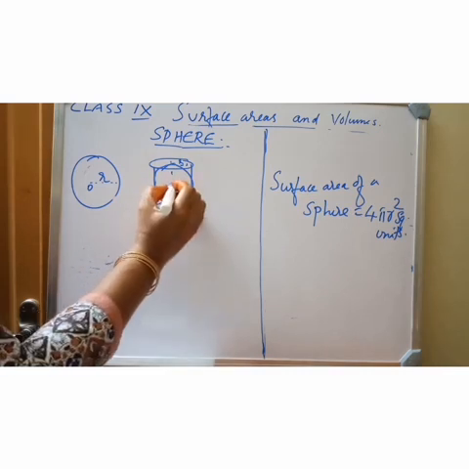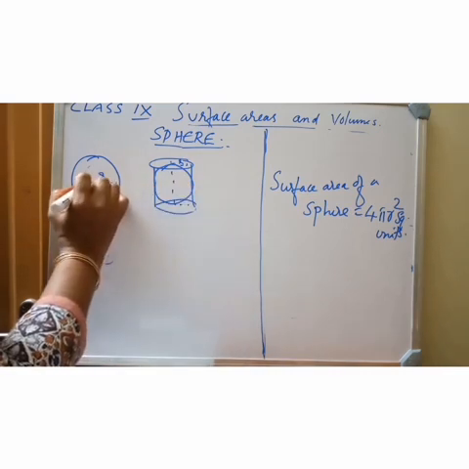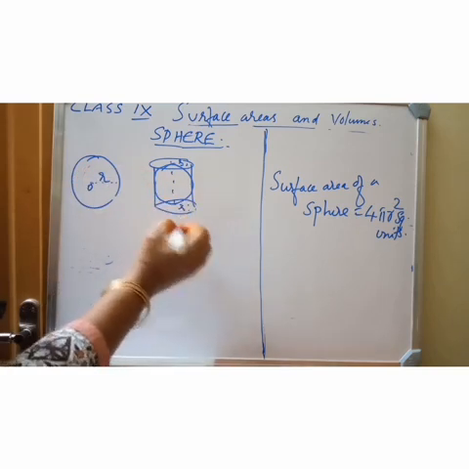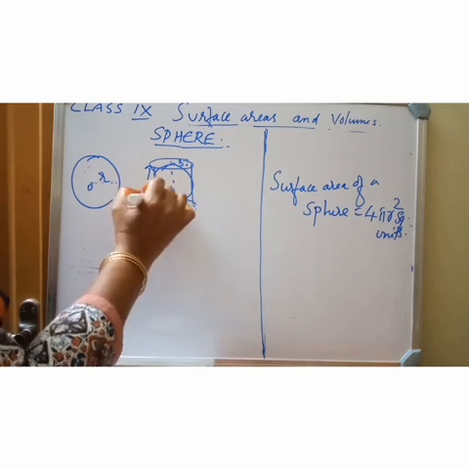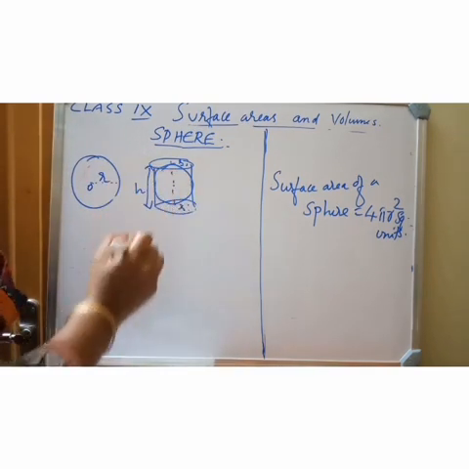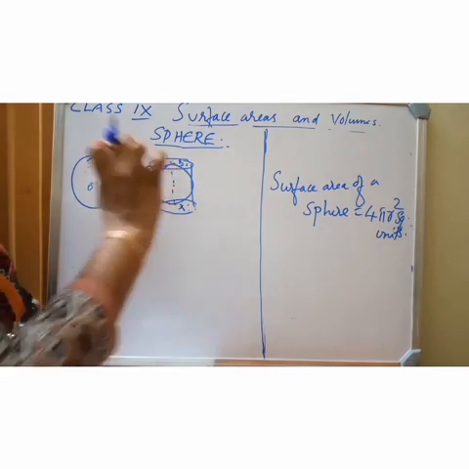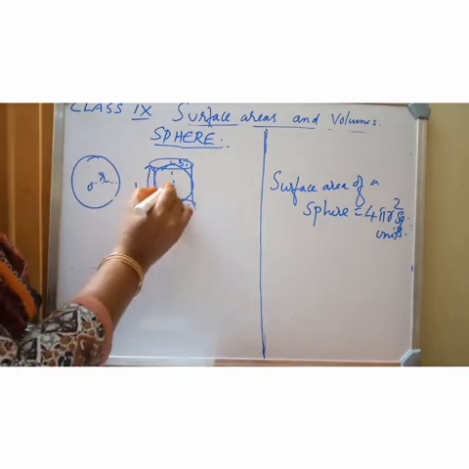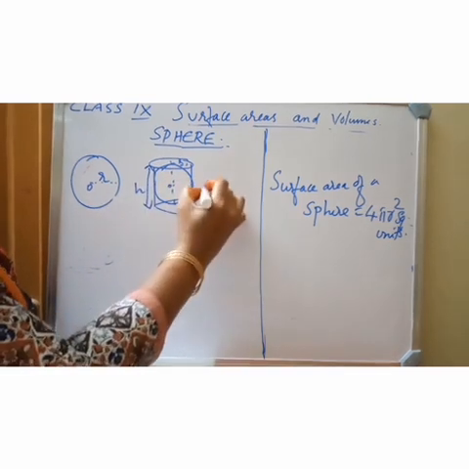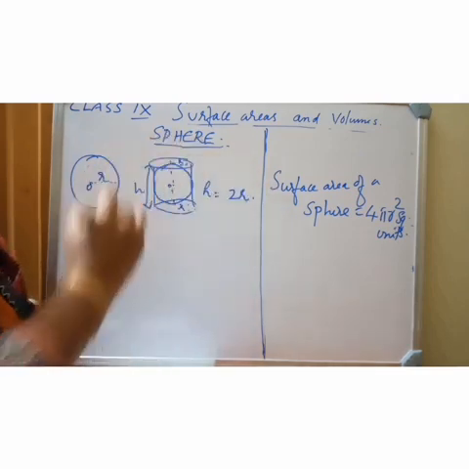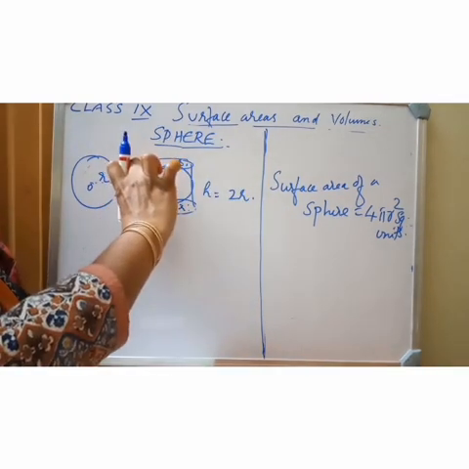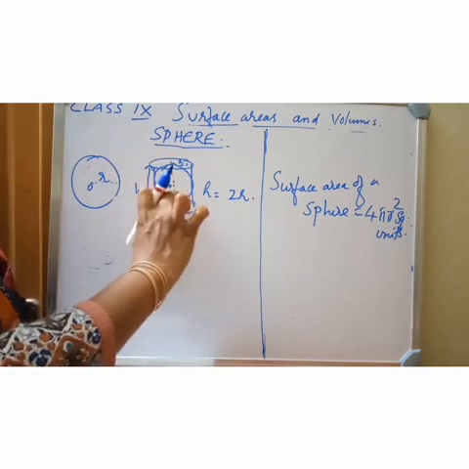The radius of this sphere as well as the radius of the cylinder are the same. Suppose h is the height of the cylinder. So h is equal to what, children? H is the height of the cylinder, that is 2 times this, since this is the center, this is r and this also r. So h is equal to 2r, because the height of the cylinder is equal to the diameter, which is 2r.